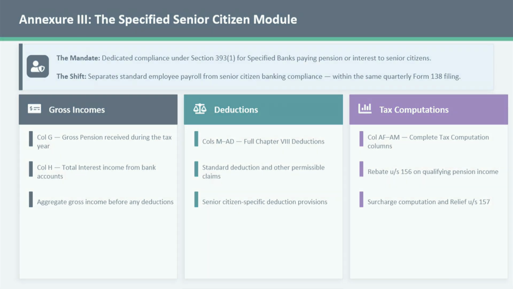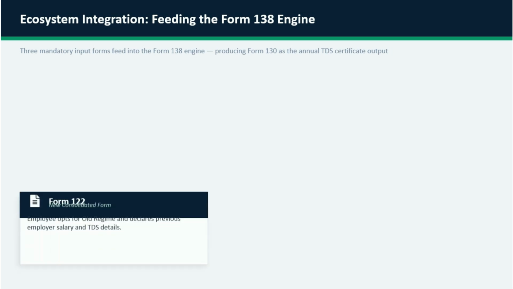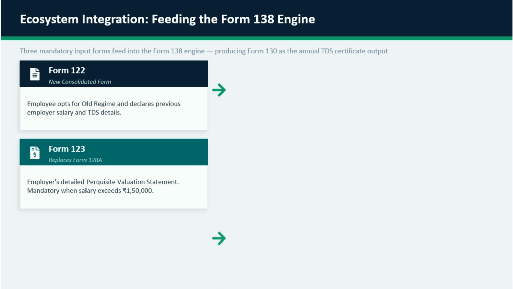digital TDS ecosystem. Form 138 is designed as an integrated compliance ecosystem where multiple declarations and reporting modules work together through a centralized processing engine. The process begins with Form 122, where employees declare their tax regime selection and disclose previous employer salary and TDS details. The second input comes through Form 123, which replaces Form 12BA and captures detailed perquisite valuation information, particularly for